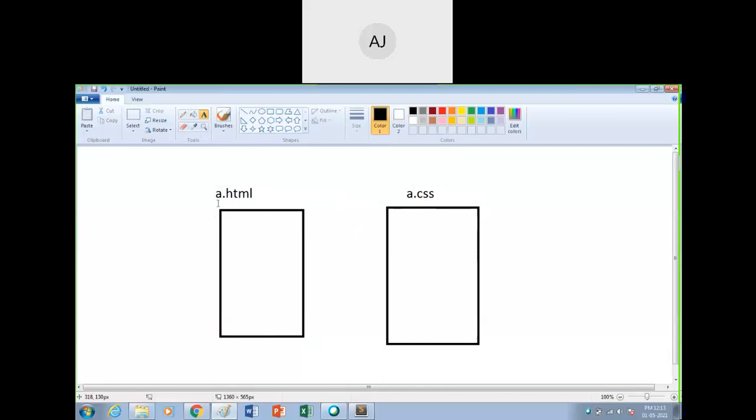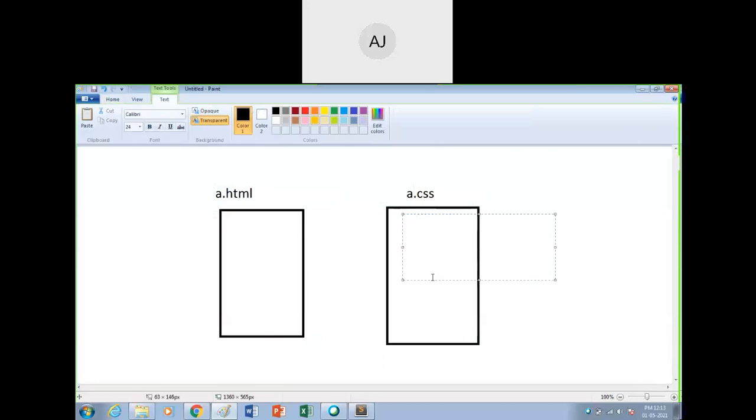Now what are the concepts we have already studied regarding the levels of style sheets? It's inline, internal and external. So I have written some code in the external file, some CSS code. This code will be applicable for, say, h1.